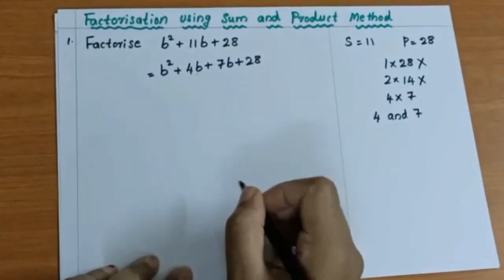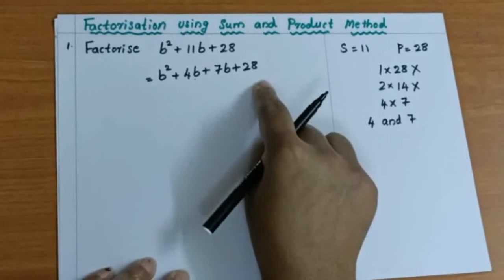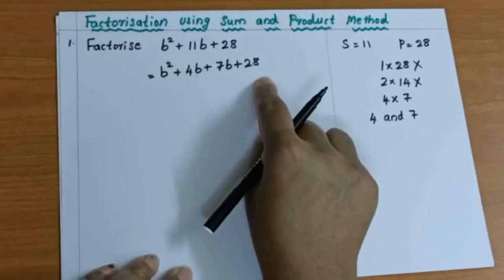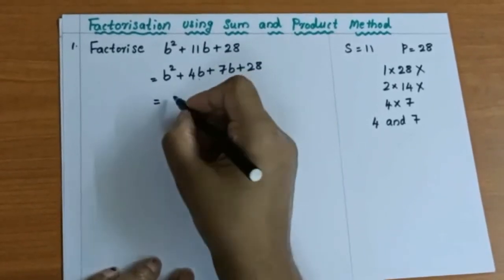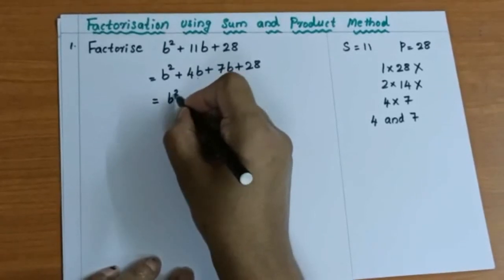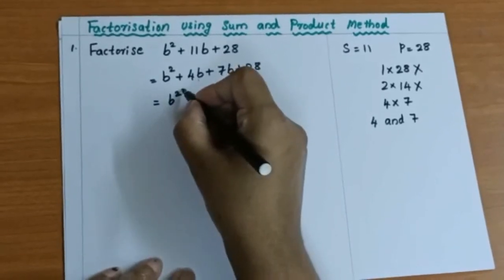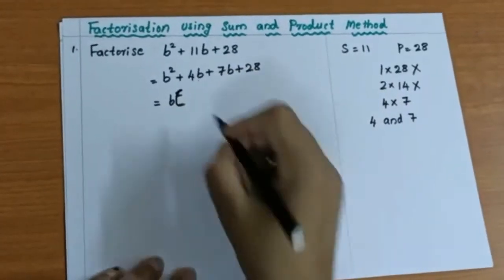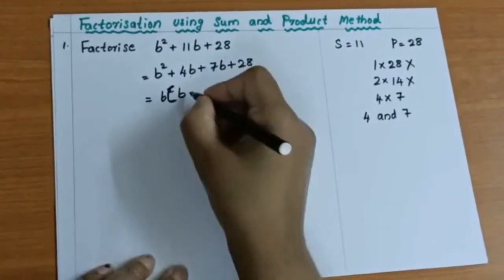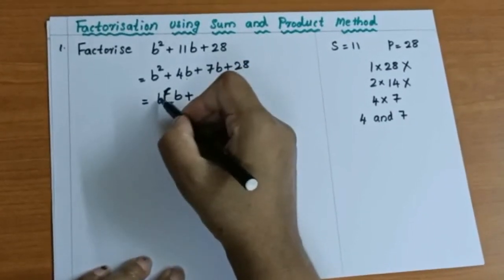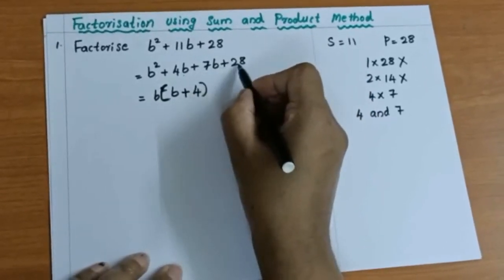Then what we have to do? Use the same method of factorization. Presently, from these all four terms, there is nothing common. So what we have to do? Choose the first two terms together. From the first two terms, what is common? b. Here we have b square, here we have b. So we can choose b first, not b square. We can start the bracket. When we are taking b outside, another b is balance. Plus, we took b already, so what is balance? 4. Then, 7b plus 28.